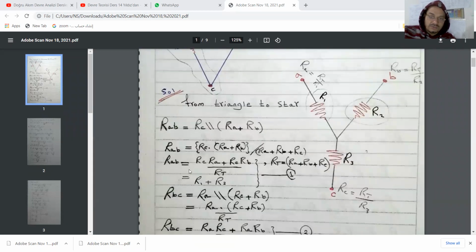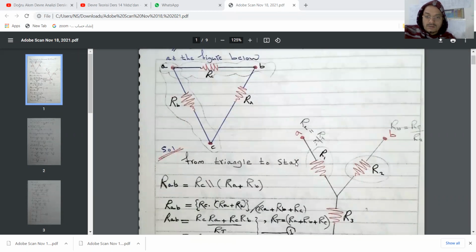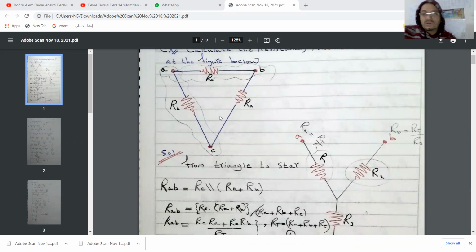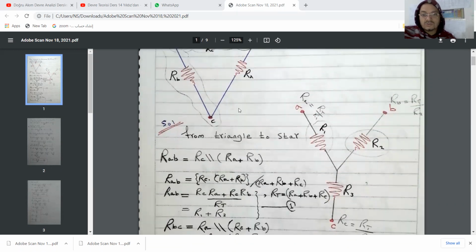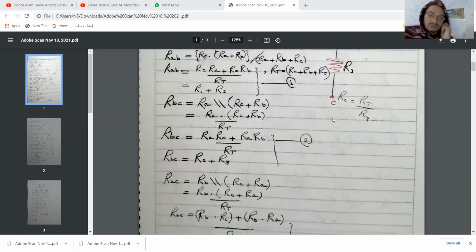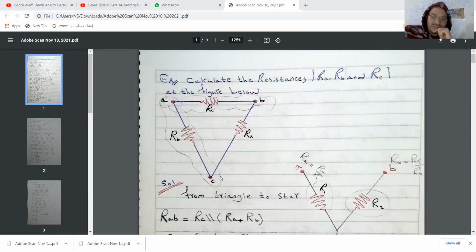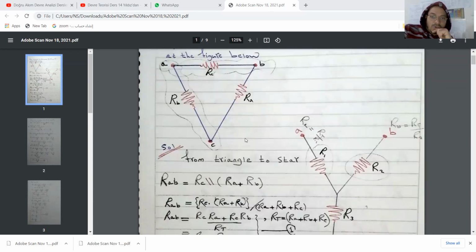And RB, like we know, RAB, here, let me be sure, RAB, like this. I will convert this triangle to another form, like a star. RAB equals RA plus R1 plus R2. Let's keep going. RBC equal